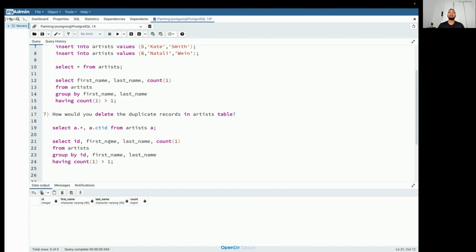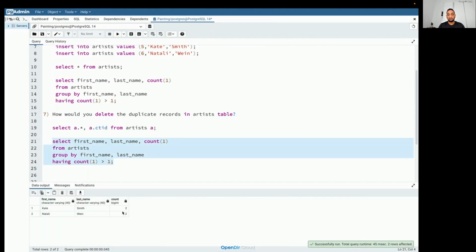I am considering that the records where first name and last name are duplicated, the entire record itself is duplicate. So I'm only considering first name and last name. And I'm just taking count of one to show you that when I do a group by and having, I'll get that these are having count as two. That means there are two records with this first name and this last name, and the same thing for this record. Okay. Now, another way of doing this, or additional information that I can gather here, is something called